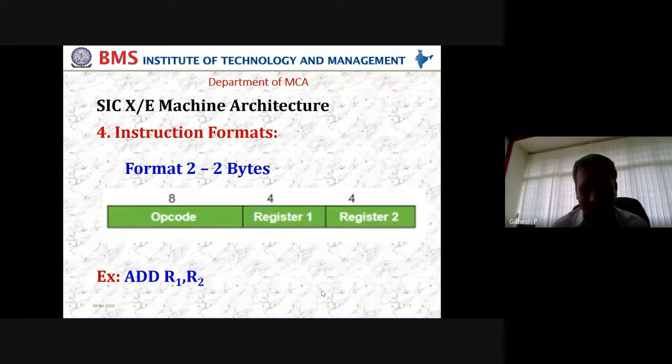Fine. Since Srinivas has given some answer, let me continue with that. So register 1, register 2 here are nothing but the addresses, meaning that in any instruction we have to say where my operand is taken from. You know that, because when I say add 5, 10, I should say where my 5 is. Or when I say add A, B, where my A or B are available. In a high level language, you say int A is equal to 10, int B is equal to 20. And when I say add A, B, A is 10, B is 20, they get added. All this stuff we are aware of.